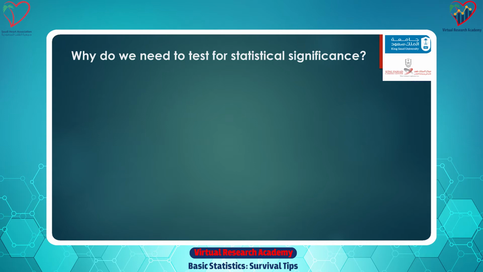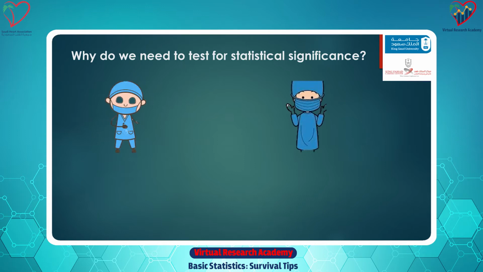To answer this question, we're going to consider this real life scenario. Let's say you're having a surgery and there are two surgeons in town. So for you to decide which one to go with, you wanted to look at their complication rates to see if one has a higher complication rate than the other. So you look at last year and you find that surgeon A did 40 procedures and had 2 complications. So that would be a complication rate of 5%. Surgeon B did 70 procedures and had 2 complications. So that would be 2.9%.